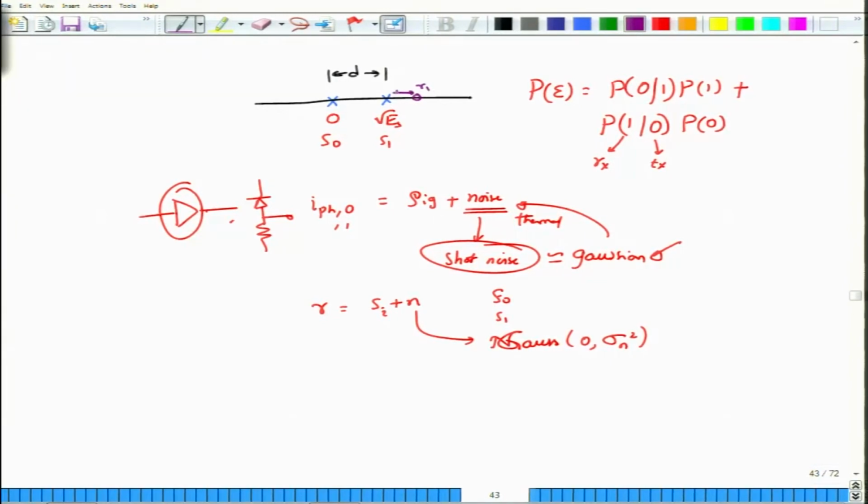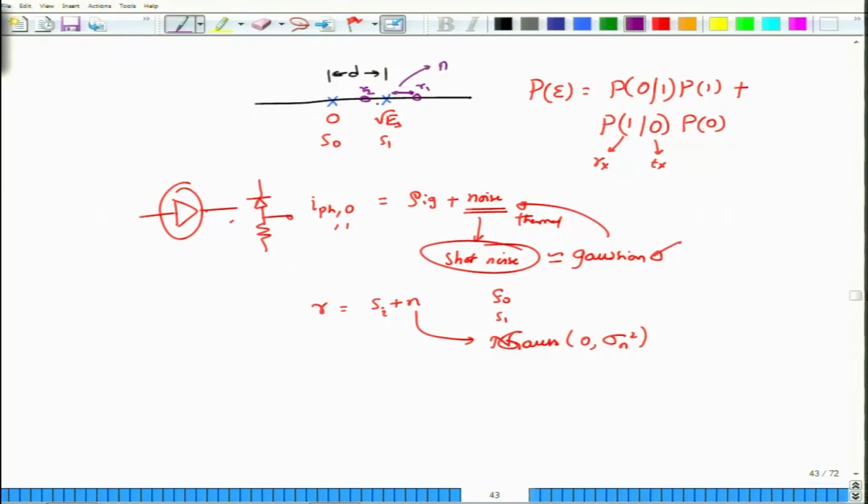This extra amplitude must have come from noise, right, and if this noise is going to add only positive contribution to this, when I transmit a bit S1 or symbol S1, then there is no problem. I can keep adding the positive noise, and if I am now looking at whatever is the closest point to R1, the closest point would always be equal to S1 over S0, right. So when I have noise which is positive, it would always be positive and it would be in this particular manner.